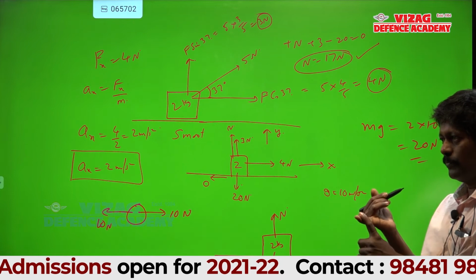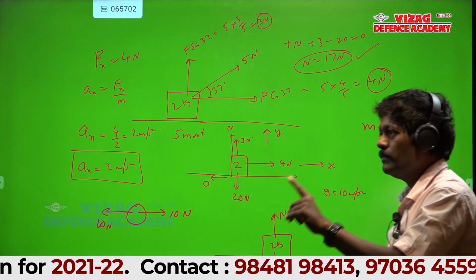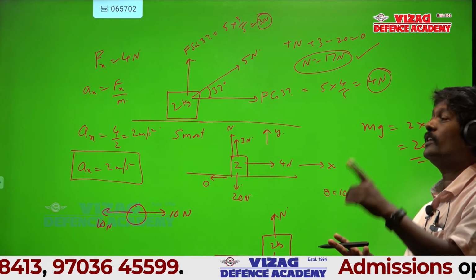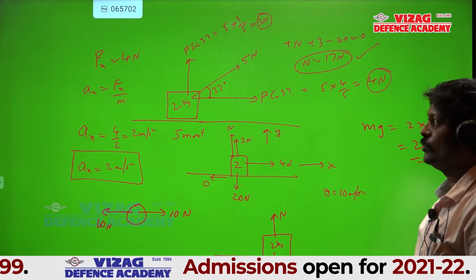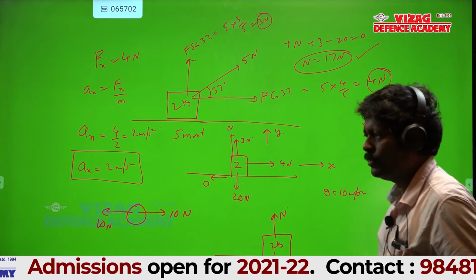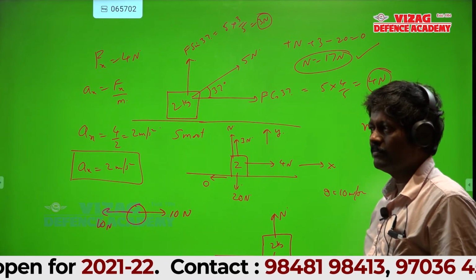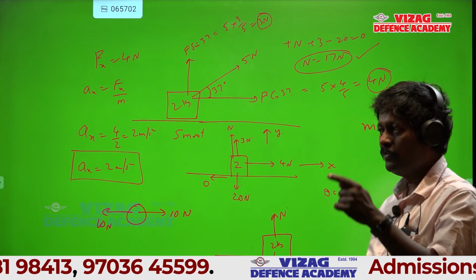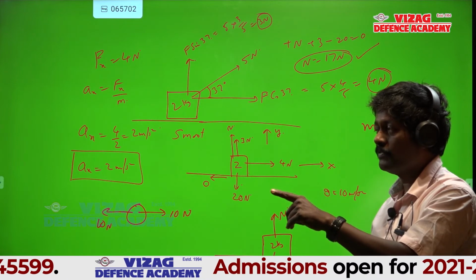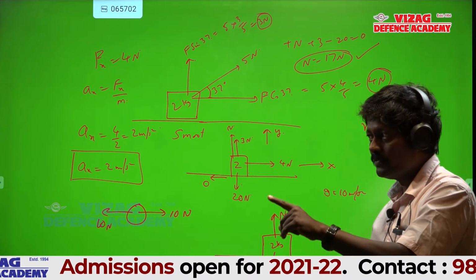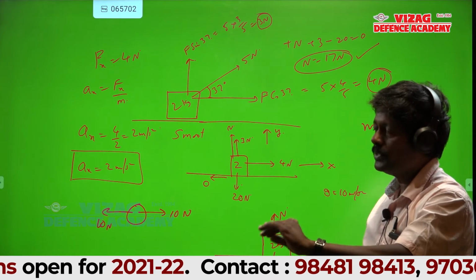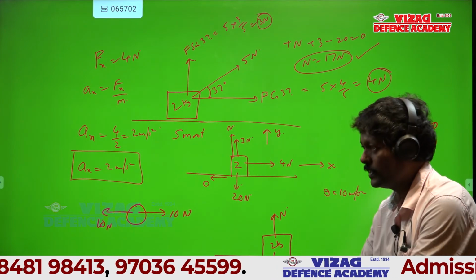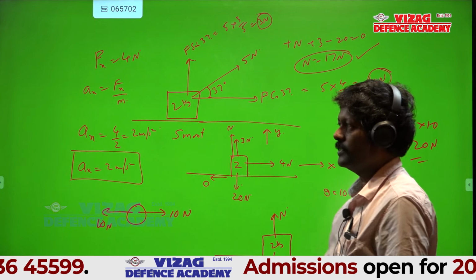First point, very important. Next, weighing machines record only normal reaction. Now you will ask me, sir, when I stand on the weighing machine, it records my weight. Your weight is your normal reaction there. Always don't say that a weighing machine records weight; it records normal reaction. That normal reaction can become your weight. When is that? Put the weighing machine on the floor and stand on it.